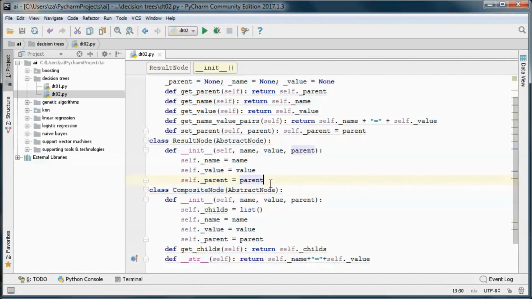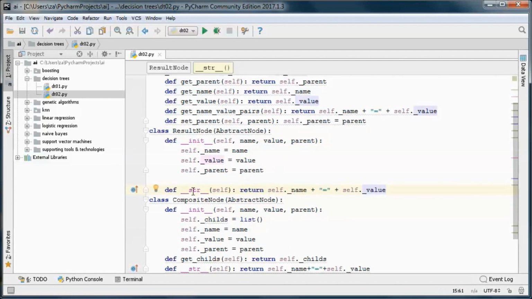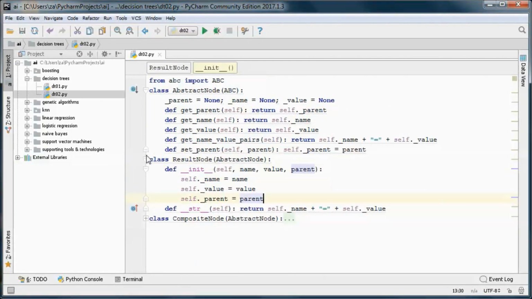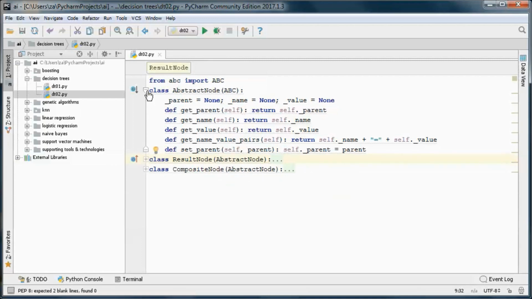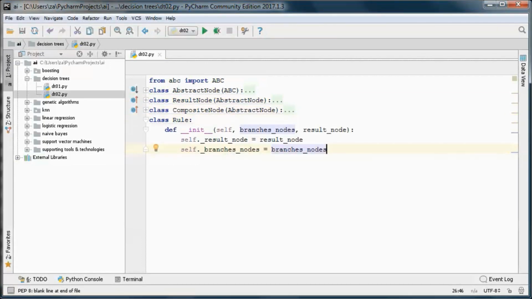And same for the result node. And the rule class here will represent a tree branch, so it will have a result node and branch nodes.